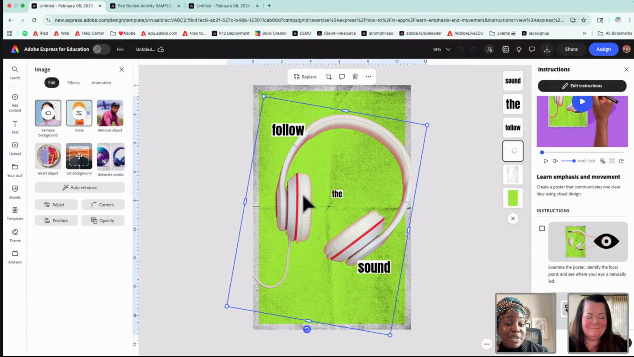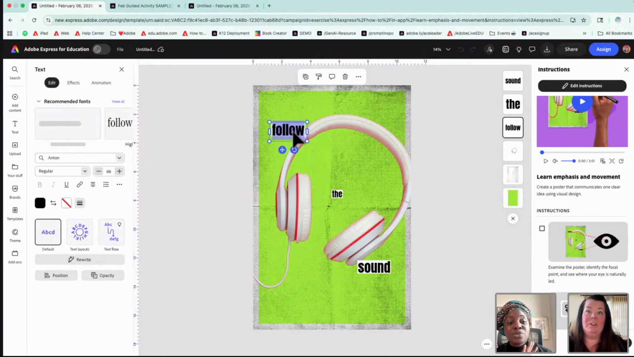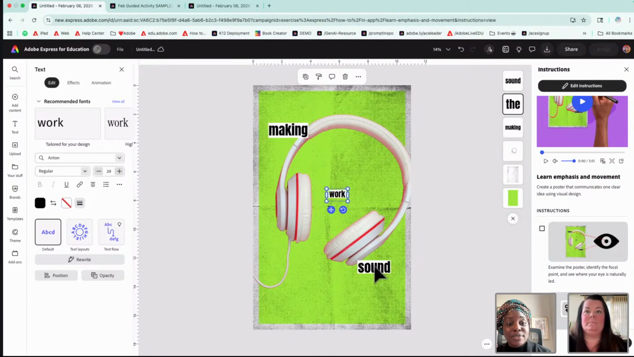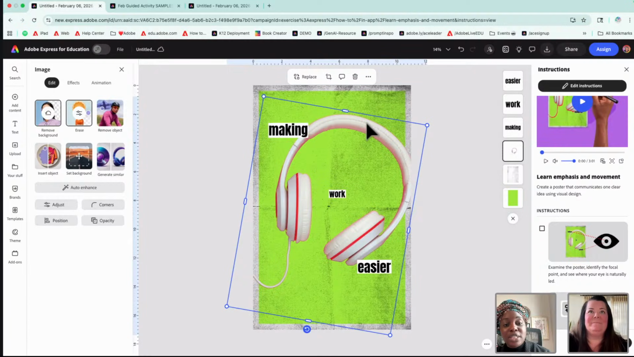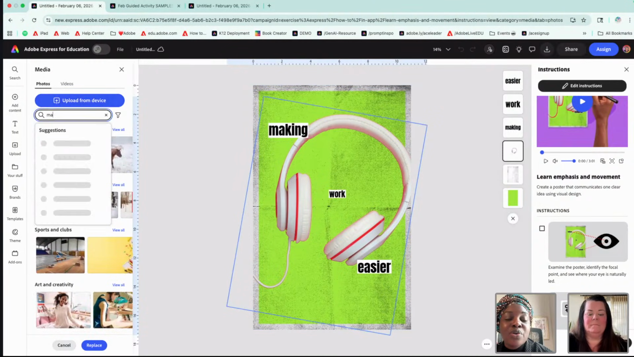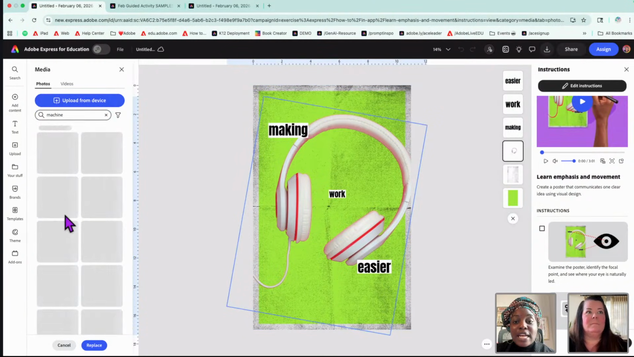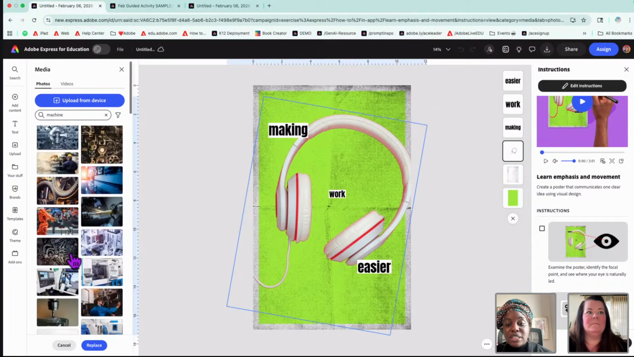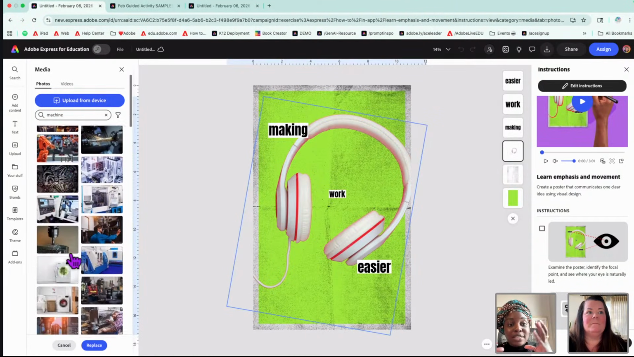But something that comes to mind that kind of connects the two a little bit is making work easier. Oh, I love that. So you're saying a simple machine. I know that's a big science unit for a lot of our early elementary students, and then physics, getting into physics. And so that can be a design that allows us to think about some of these aspects of